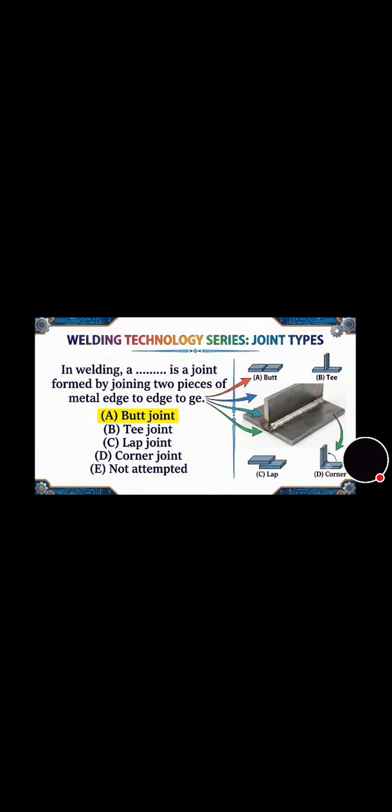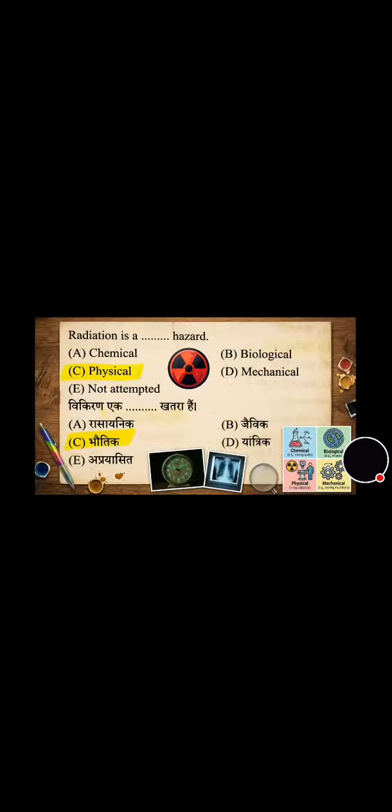अब मूव करते हैं नेक्स्ट क्वेश्चन पे, मशीन जनरेटिंग एसी ईएमएफ आर कॉल्ड एज। क्या बोलते हैं जो एसी ईएमएफ जनरेट करते हैं। तो इसका आंसर है ऑप्शन सी, अल्टरनेटर्स। अब हम मूव करते हैं नेक्स्ट क्वेश्चन पे, रेडिएशन इज ए डैश डैश हजार्ड। तो विकिरण एक किस प्रकार का खतरा है। तो ये है एक फिजिकल, रेडिएशन इज ए फिजिकल हजार्ड। तो इसका आंसर है ऑप्शन सी।